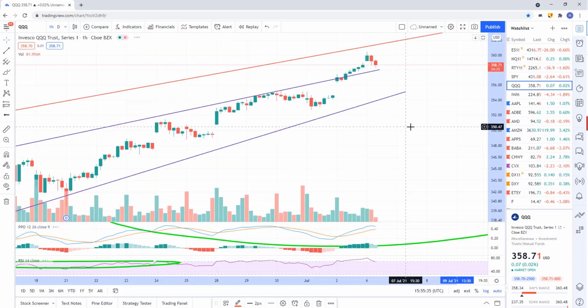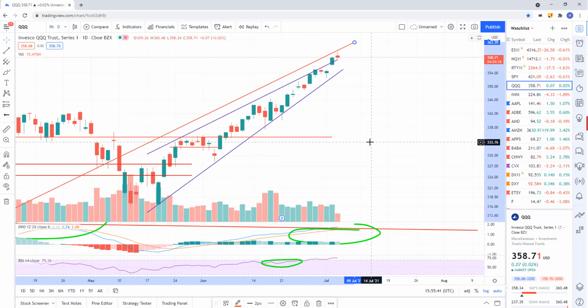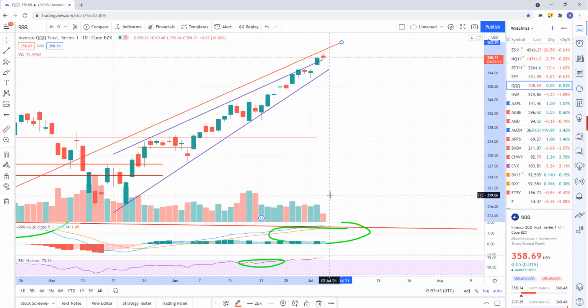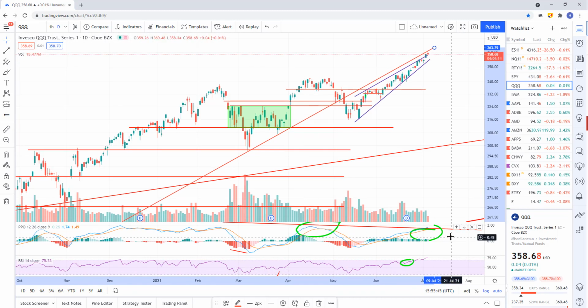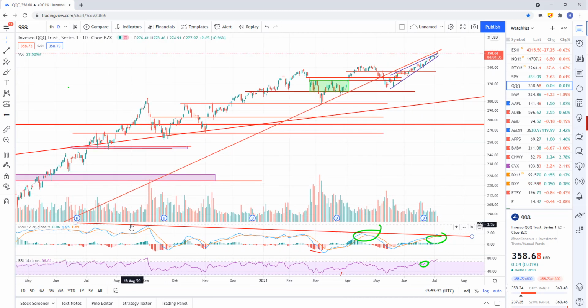Looking at the hourly chart, you can see we're just kind of getting rejected a little bit. Nothing major, right? So no real big technical posture change in the tech sector. Looking for more selling to start to show up in tech, and that should start to confirm these negative divergences. See how the momentum is trending down, how I make this downward trend